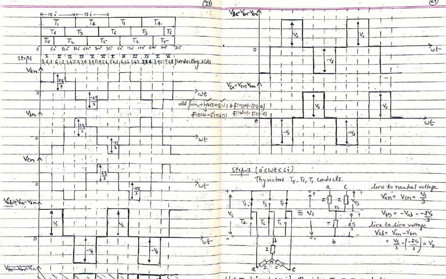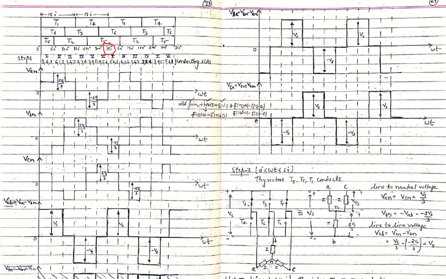This is the switching logic table, in which we will see that there is a total conduction of 360 degrees. So 360 degrees will be here, and one cycle is completed. What we will do is divide this by 6 to obtain 6 equal steps of 60 degrees. So it is 0 degrees, then 60, 120, 180, 240, 300, then 360. One cycle will be completed.